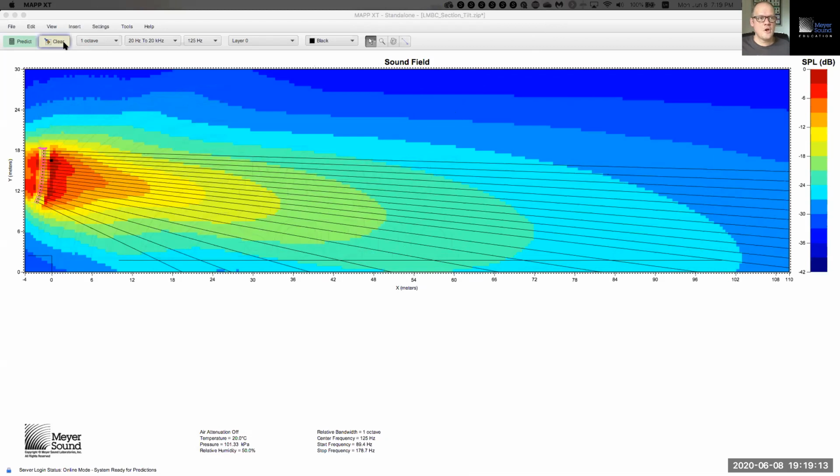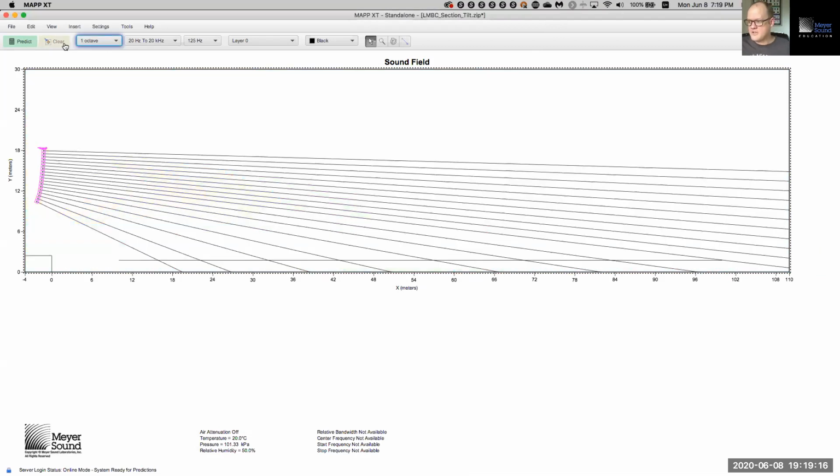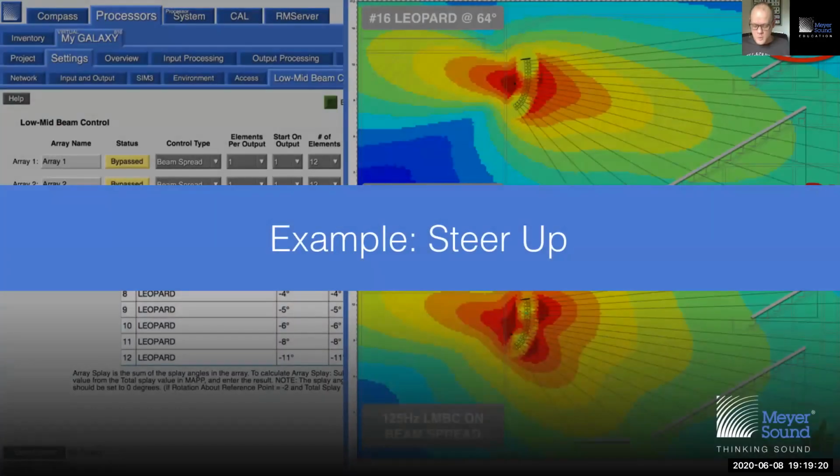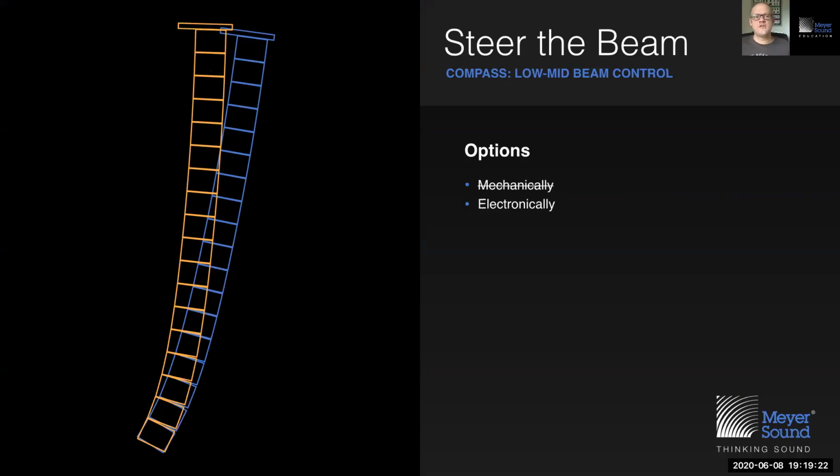For obvious reasons. And the question becomes, is there a way that we can do this electronically? Is there a way that allows us to somehow transform our array from the blue shape into the orange shape? Because mechanically, it's clearly not an option. Yes, electronically. But for reasons that we discussed before, we cannot do it with pure delay, delaying every loudspeaker individually,